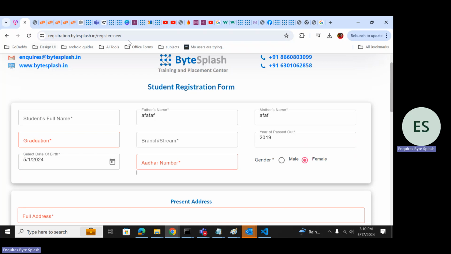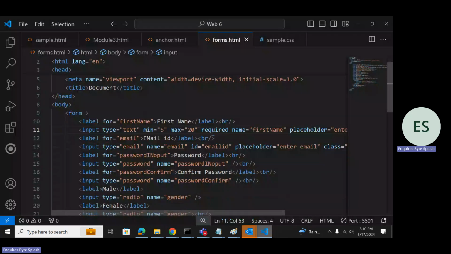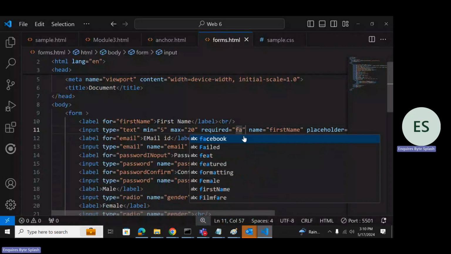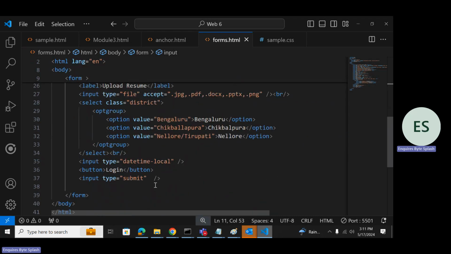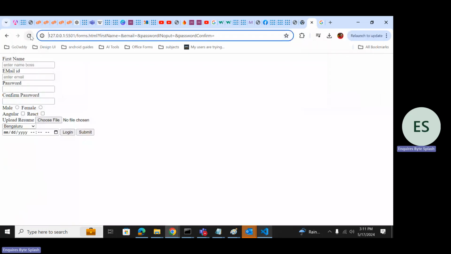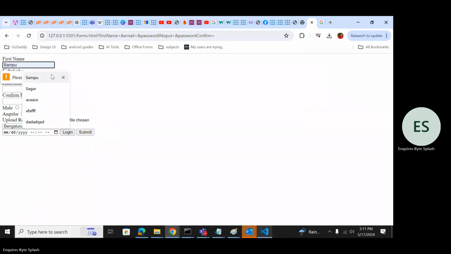If you want to make something optional, you will say required as false. Put required as false or don't put required. If it is mandatory, you can put required directly. It means while submitting the form, it will ask for it. That is mandatory. See, please fill out, because that is required. If I give only 4,